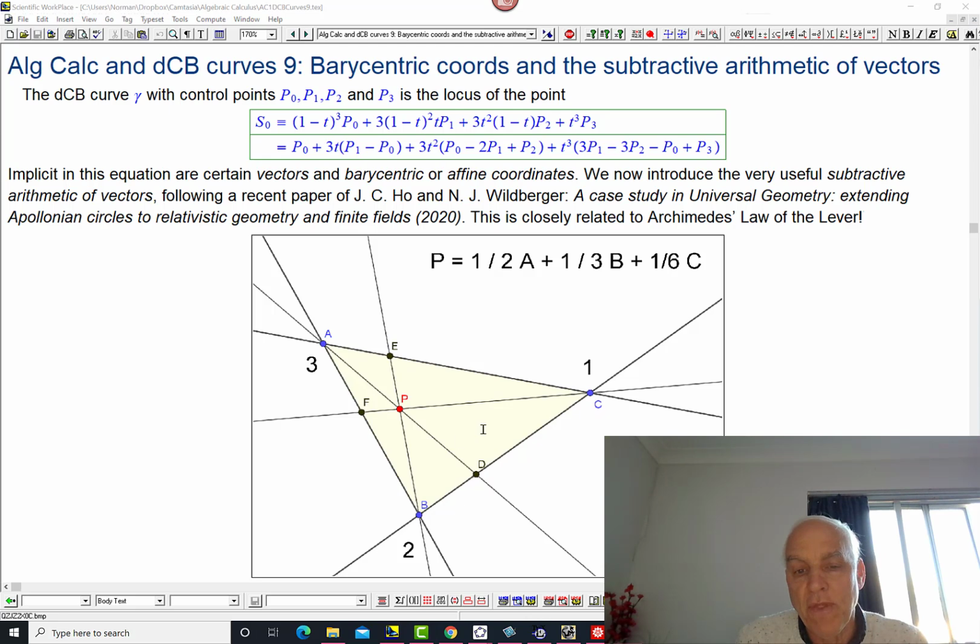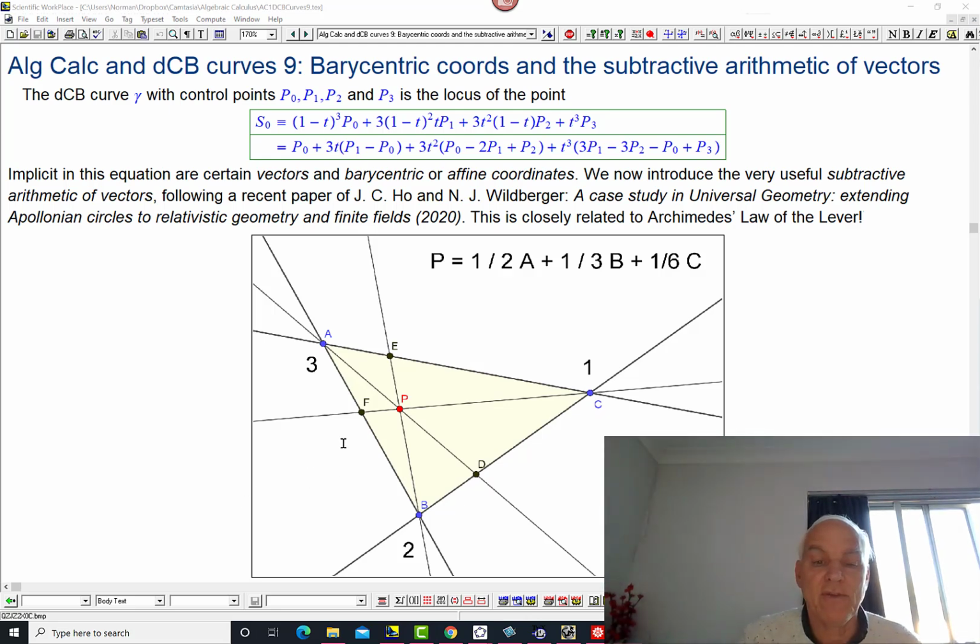And physicists know that this means that P can be thought of as being inside this triangle formed by A, B, C, with these numbers representing weightings. Okay, so what's really happening here is that we can think about having a weight of 3 at the point A, a weight of 2 at the point B, a weight of 1 at the point C. And then this point P will be the point of balance of this configuration of 3 points. So imagine that the triangle itself is a solid with negligible mass, and all the mass is at the three vertices.